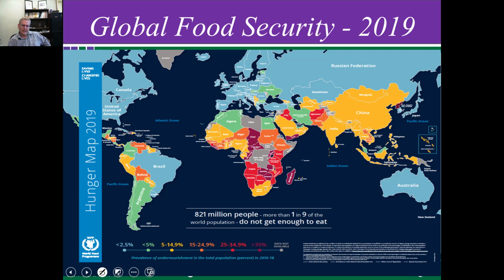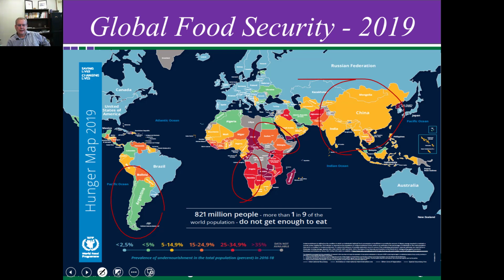You go to the light green, for example, Argentina is in the light green there, where you will see less than 5%. If we move to yellow, here's where you end up seeing a situation where India and China are, where 5 to 14 or 15% of the people are in a state of hunger. We move into the orange, where we have, for example, Sudan and Ethiopia. That's a range of 15 to 25% hungry. And then we move into the light red, where you have countries such as Angola and Namibia.